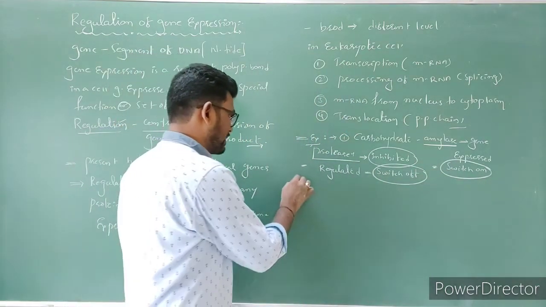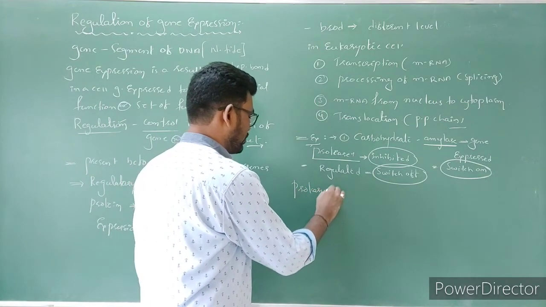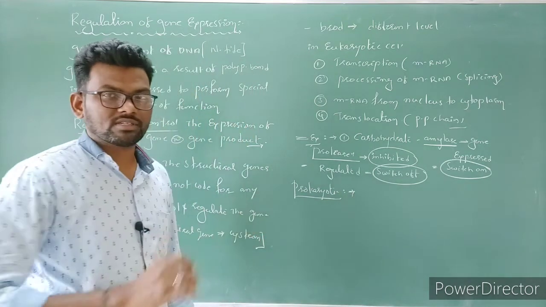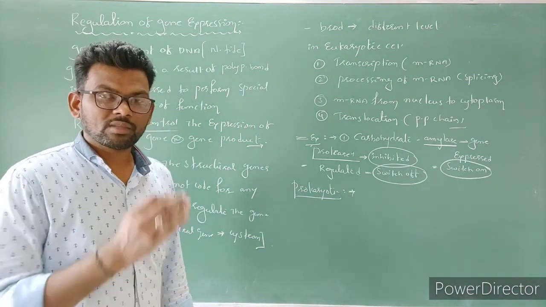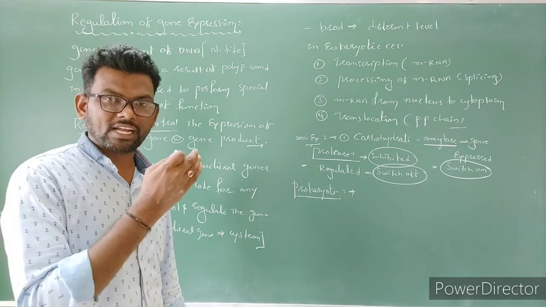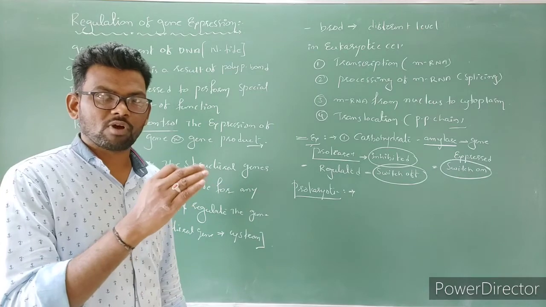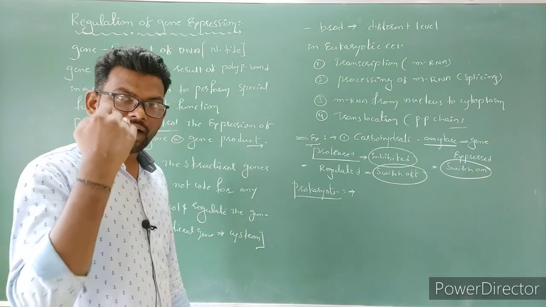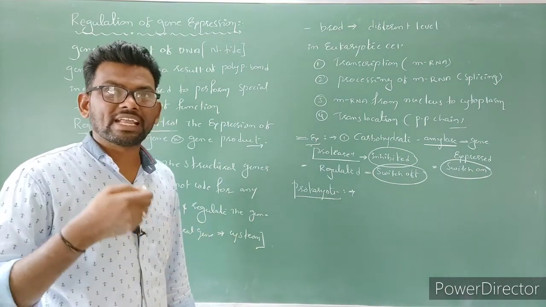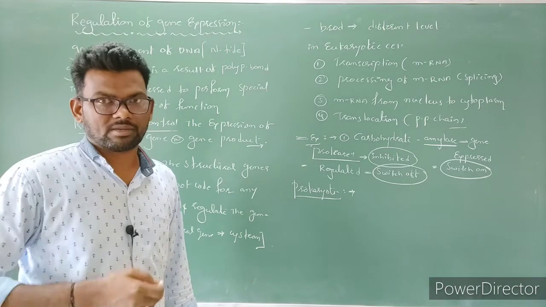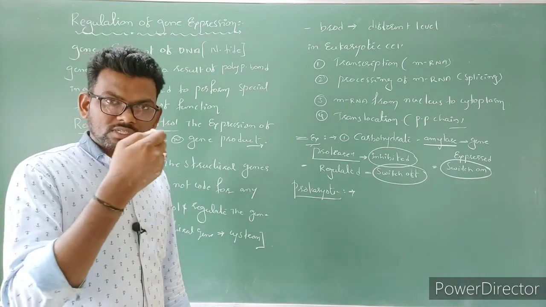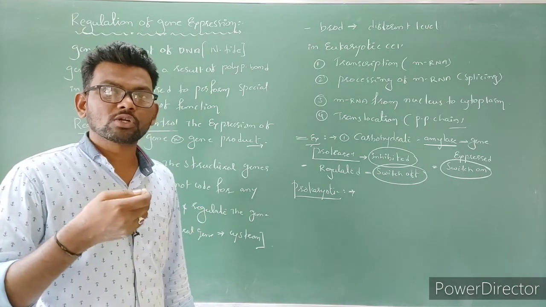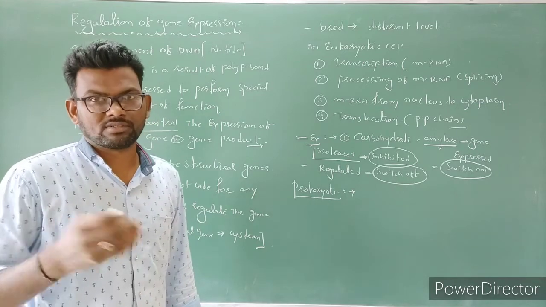Next, for example, in prokaryotic cells. In prokaryotic cells, one of the best examples is the lactose enzyme. Disaccharide is lactose. In the presence of beta galactosidase enzyme, the disaccharide lactose hydrolyzes to form galactose and glucose molecules, right? So if lactose is absent, there is no necessity to produce beta galactosidase enzyme. So if lactose is absent in the cell, in such a condition the bacteria is not going to synthesize beta galactosidase enzymes, right?